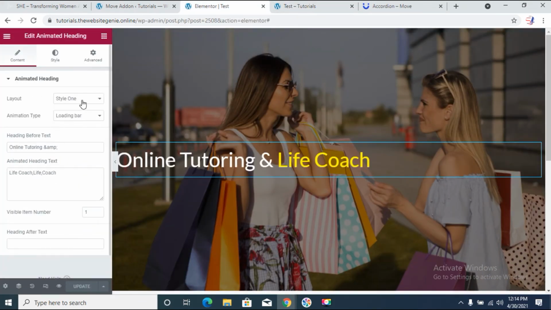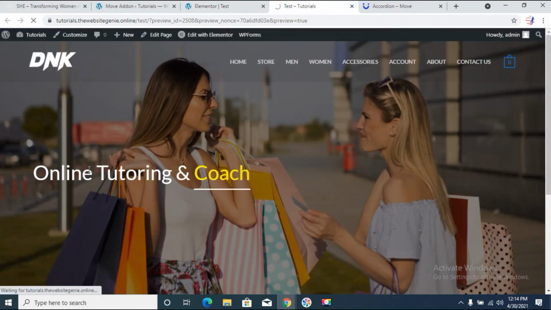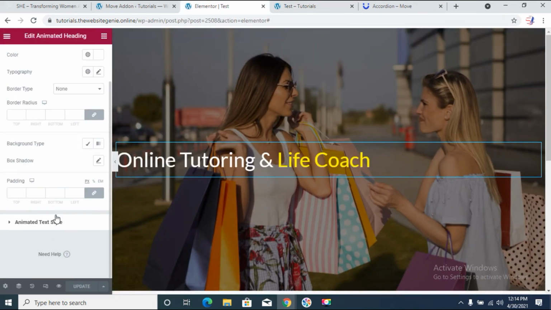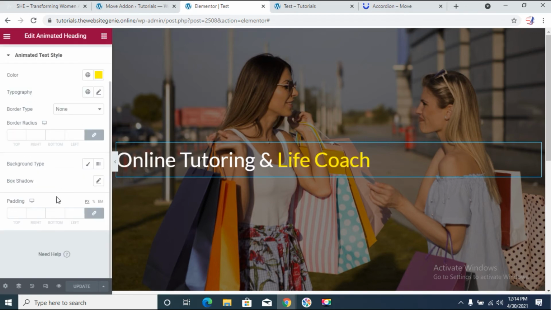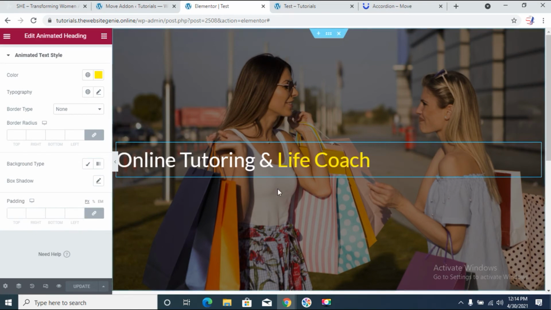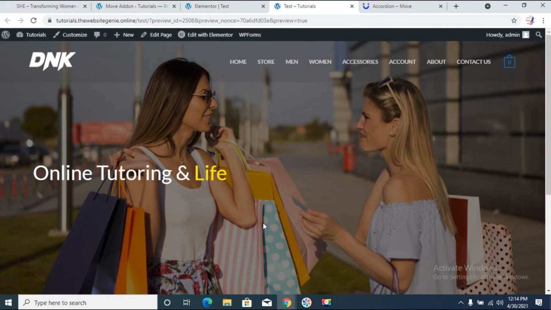So again, we'll change the animation type to slide. Slide is pretty common, so that would just make the content slide. We'll check that. So as you can see, it is sliding from the top, but I'd like to see if we can change the sliding option. We cannot change the sliding option, so you cannot make the slide happen from the left or from the bottom. That would happen from the top itself.